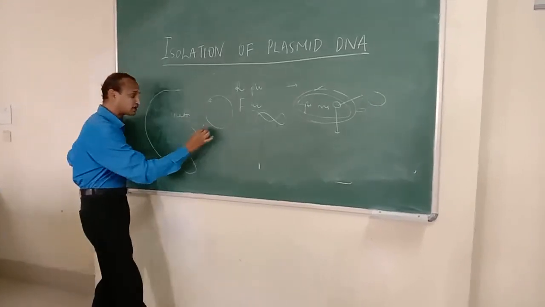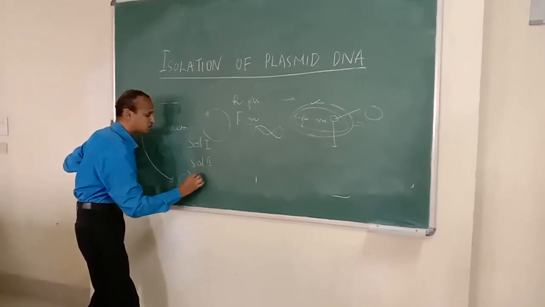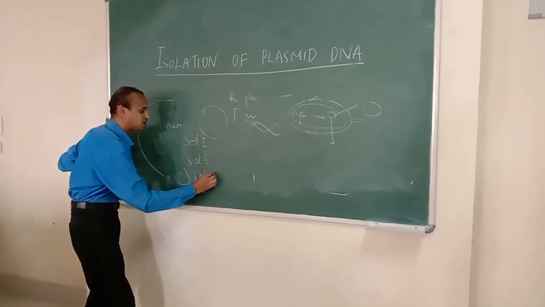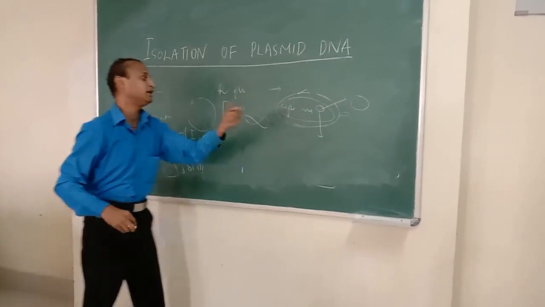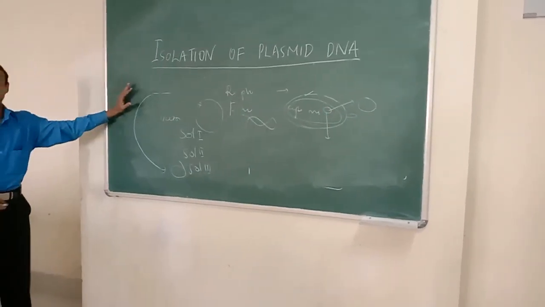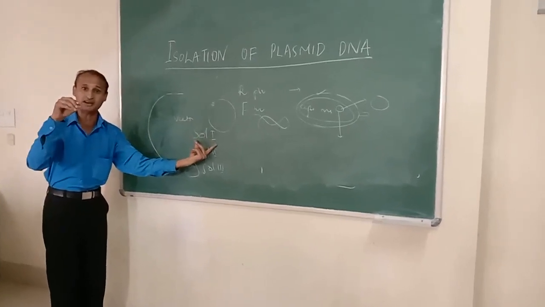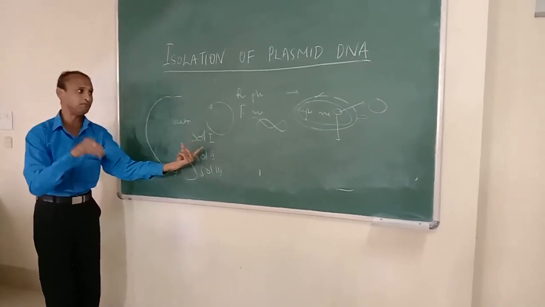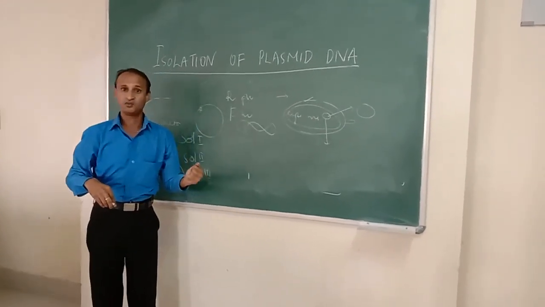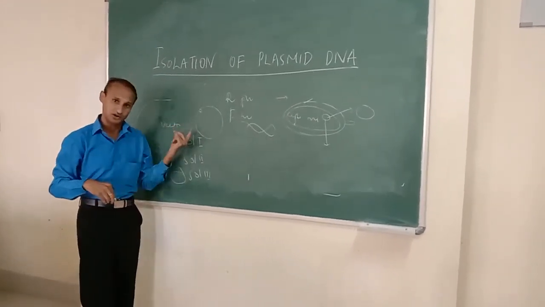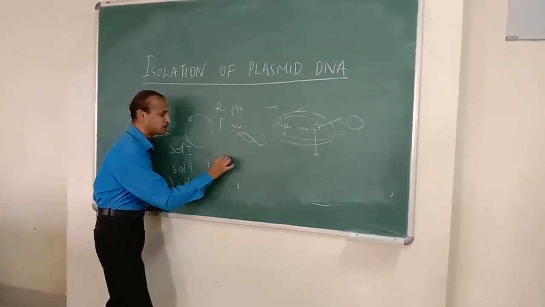We have three different solutions. I will tell you in detail what solution 1, solution 2 and solution 3 are. These are the three solutions we use to remove all other biomolecules and purify only the plasmid DNA. Each solution has a specific chemical component, and that chemical component plays a very important role in removing the biomolecules and extracting only your plasmid. Along with the solutions, we should employ some sort of centrifugation process.